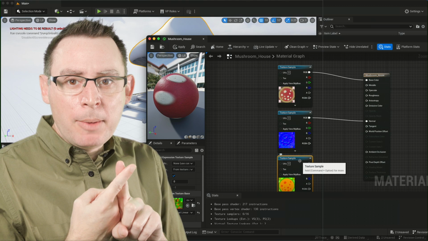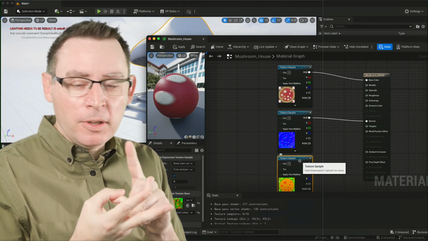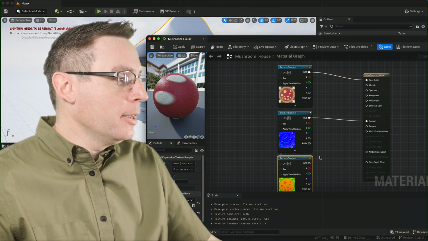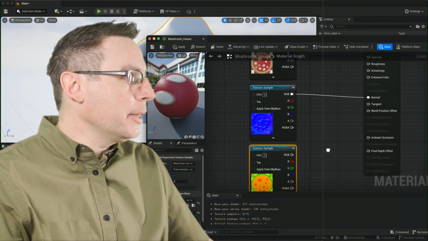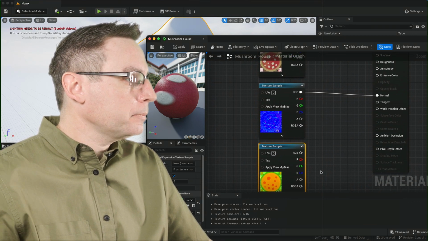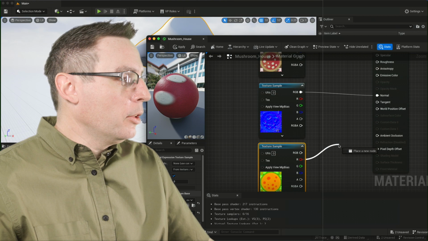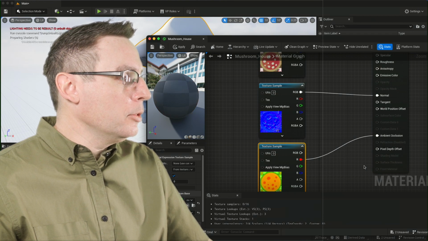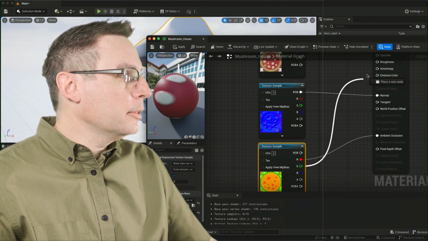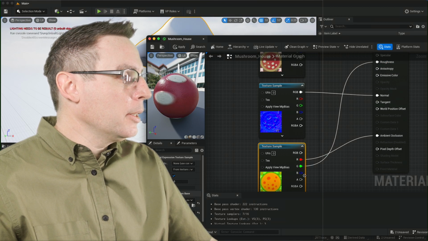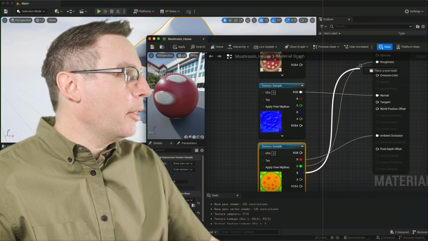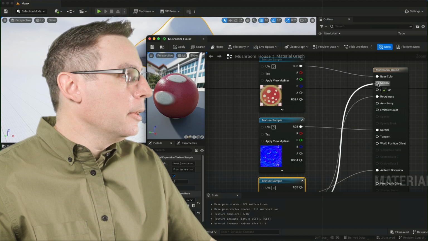The red channel is ambient occlusion, the green channel is roughness, and the blue channel is metallic. So down here, I'm going to zoom in just to make it a little bit easier for you guys to see. So we're going to take the red channel, and that's going to get plugged into the ambient occlusion. The green channel is roughness, and last but not least, the blue channel is metallic, which is kind of up there at the top. There we go.